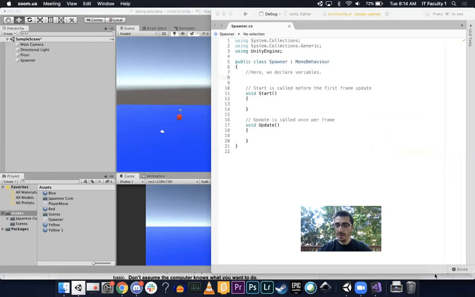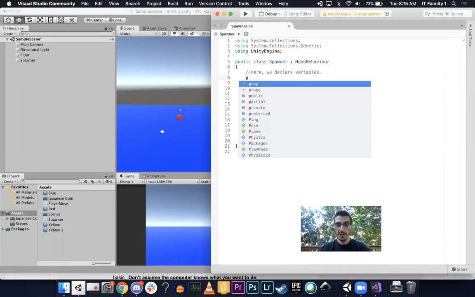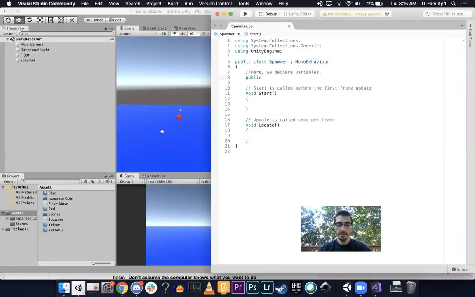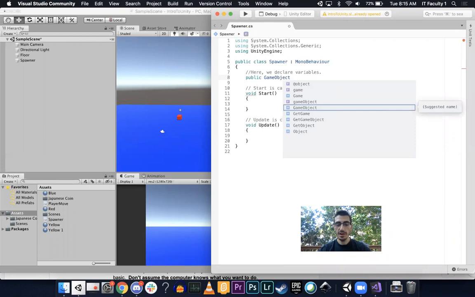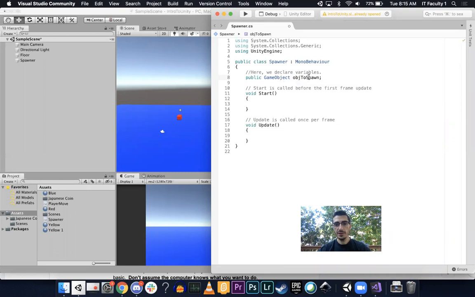So let's use some of them right now. Okay, here we declare variables. So let's go ahead and say one thing we need is going to be a public game object. And we'll call that objToSpawn. And you'll notice that